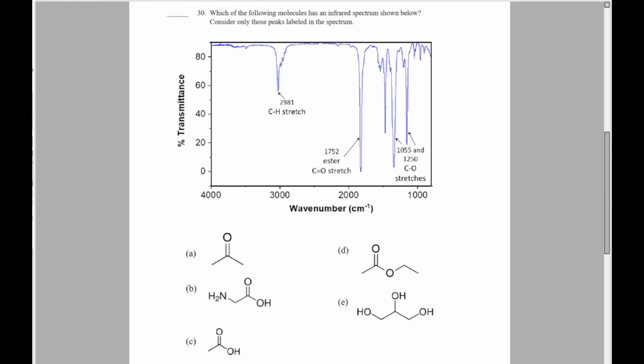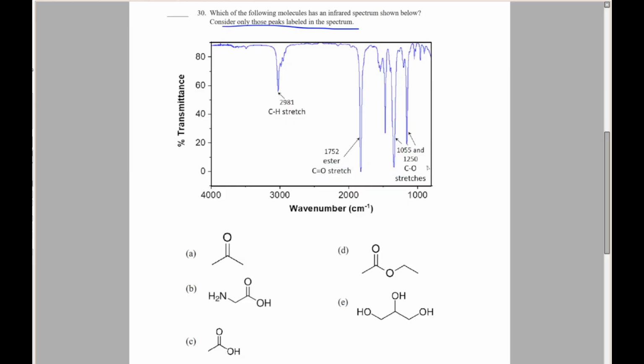Question 30. Which of the following molecules has an infrared spectrum shown below? Consider only those peaks labeled in the spectrum. So this is basically a functional group identifying question in disguise. So we just have to figure out which one of these answer choices has the functional groups that is shown in this infrared spectrum. So we only see a CH stretch and a CO double bond stretch and a CO